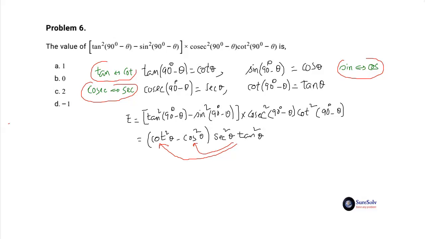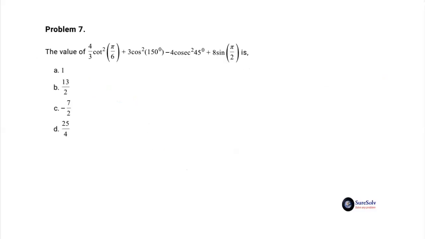So what do we get? Now it is the last but one stage of simplification. The target expression becomes simply sec square theta minus tan square theta equal to just 1. If you are comfortable in using the complementary angle trigonometric relations, you can easily solve this problem in 20 seconds at most. Answer is option A 1. Okay, the next problem now.